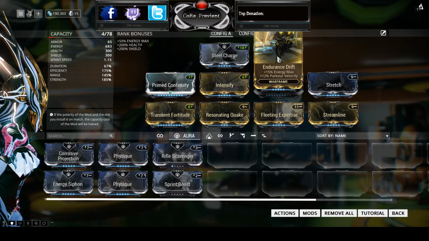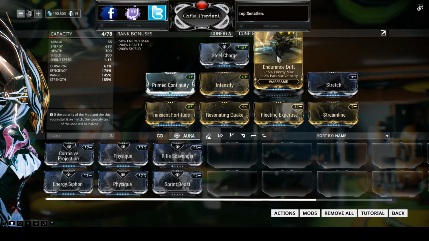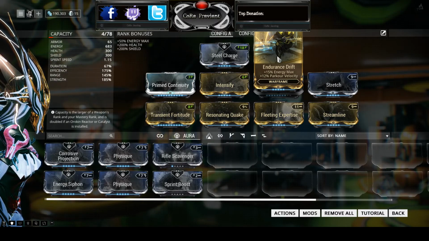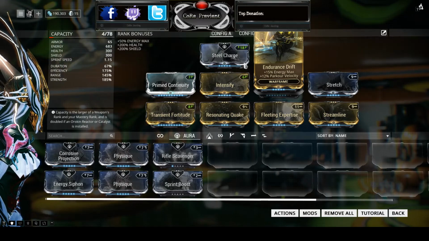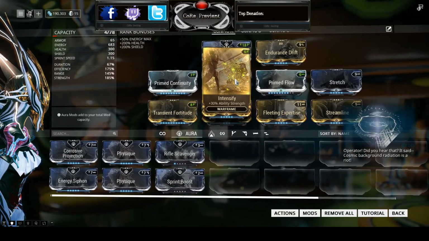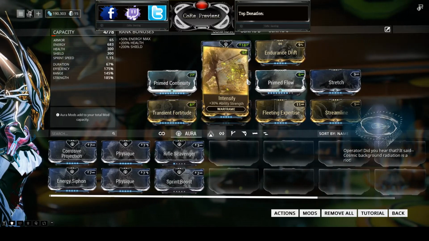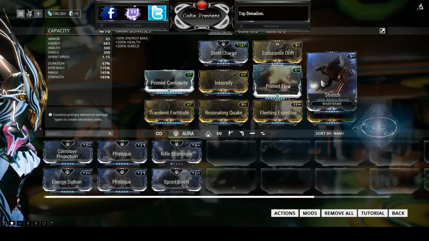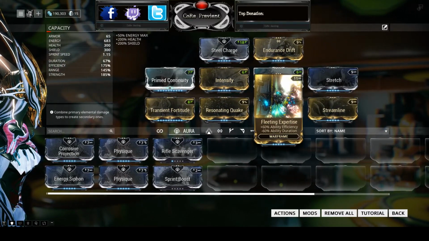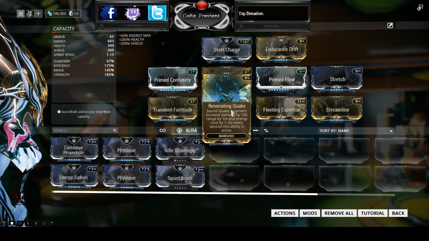Again, I'm using Steel Charge, but this is not a required mod. Endurance Drift is a nice one because of the 15% energy max, and you're going to burn through some energy obviously as Banshee. I'm also using Operator, Prime Continuity, Intensify, Cosmic Background Radiation Prime, Flow, Stretch, Streamline, Fleeting Expertise, Resonating Quake,